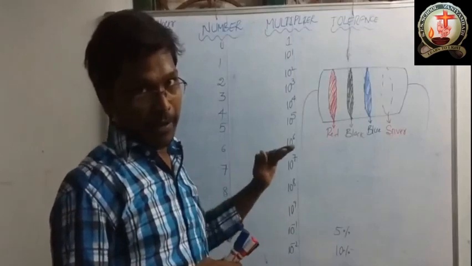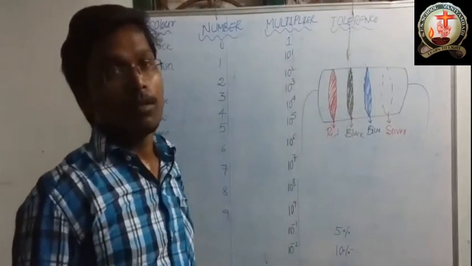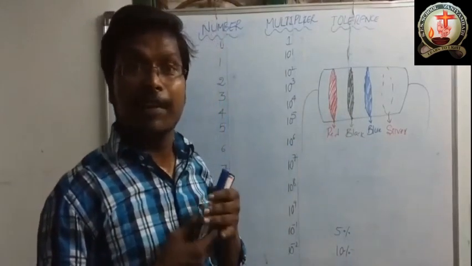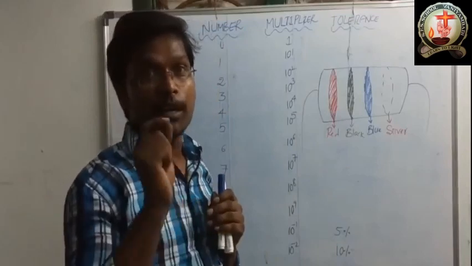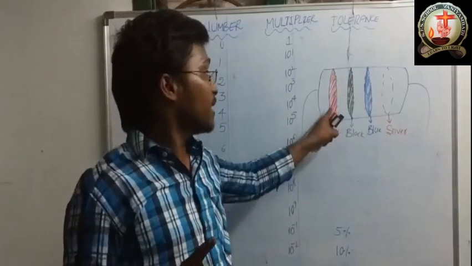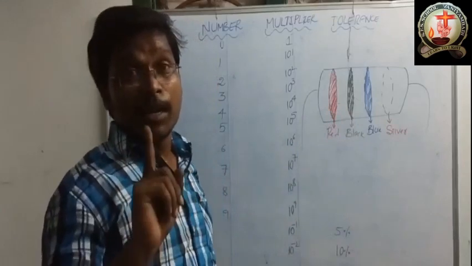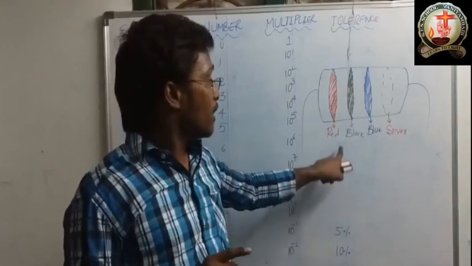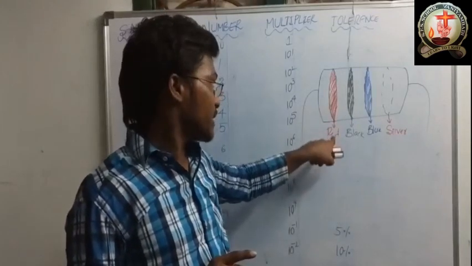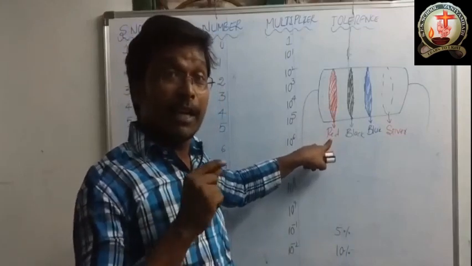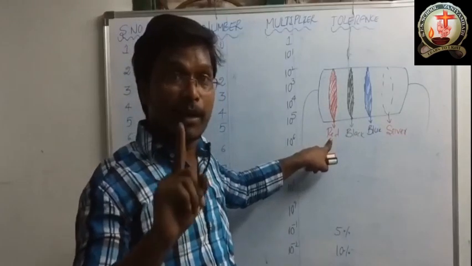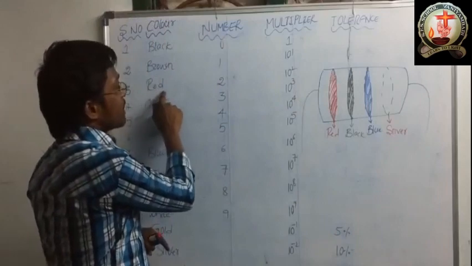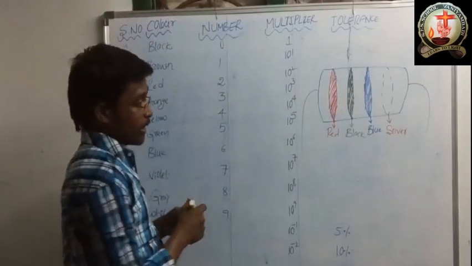Now I am going to find the carbon resistor resistance value. I told you already, the first ring and second ring will indicate the significant figures. Significant figure is nothing but a number. So you can write here red, the first ring. It will indicate the significant figure, which is a number. So red, what is the number here? In the tabular form, red is here. What is the number opposite? 2. So you can write here 2.